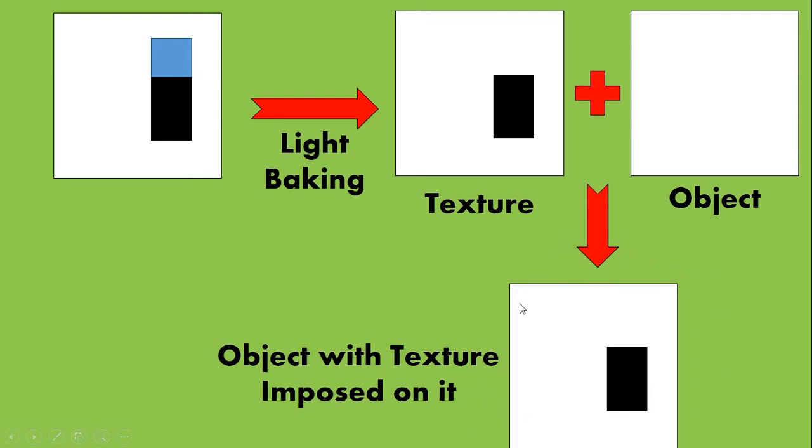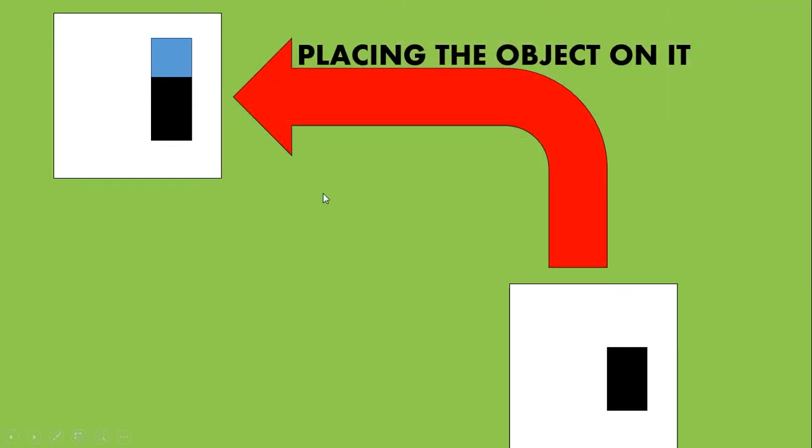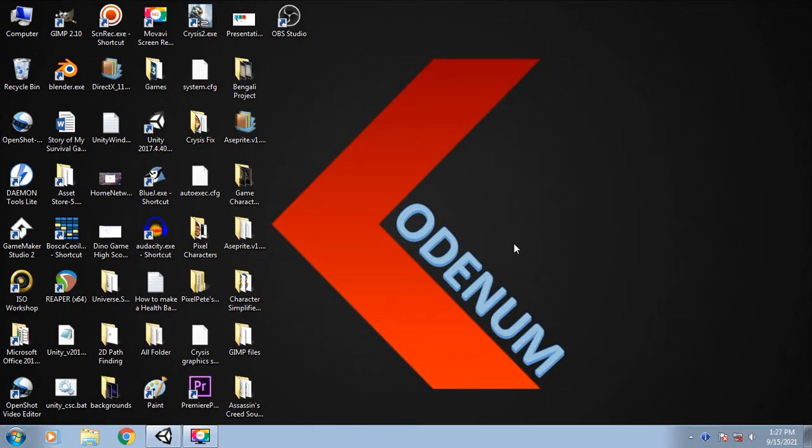Now this object looks weird because there is no blue box on it, but if we keep the blue box over it, then it looks like how it was looking in the real-time shadow. So there is no difference between baking and real-time shadow in respect of looks. But here Unity doesn't have to actually render the shadow in real time. It's just an image which Unity is seeing from other sides. So it very much increases the performance of the game. Now that we know what light baking is, let's try to bake lights in Unity.